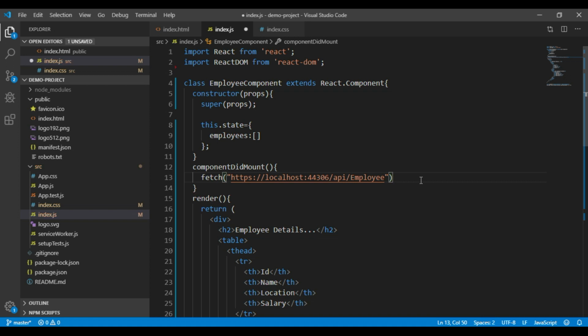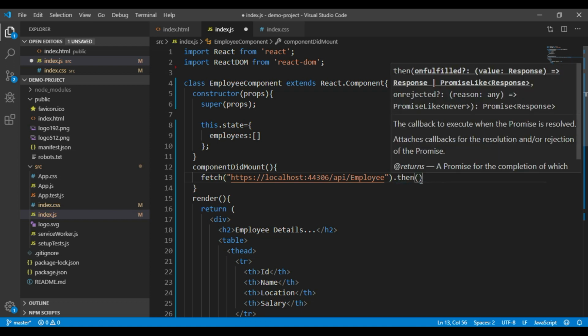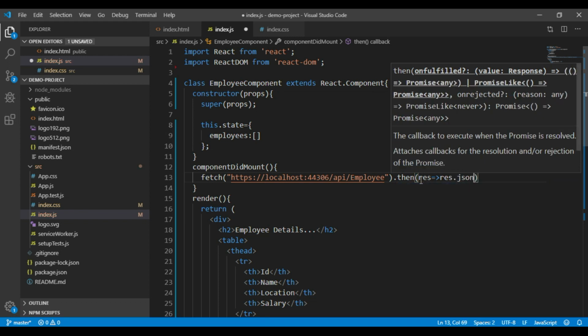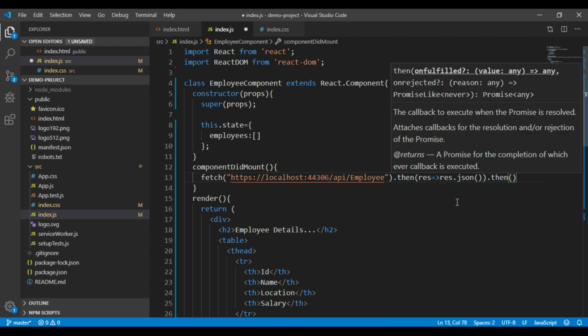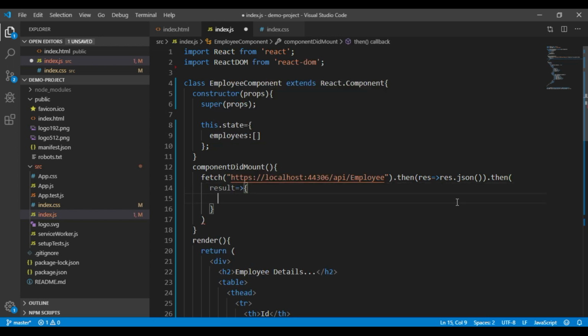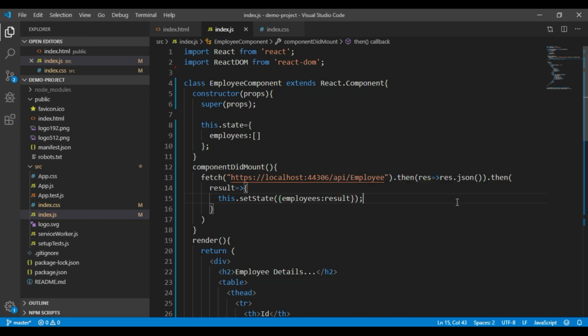The first one is converting the output into JSON. So we do that by calling the then method, and we write an arrow function where we say input goes to input.json(), and then we have to assign this output to our employees array, and we do that by writing another then method, and we will write another arrow function. Result goes to this.setState, and we assign this result to our employees array. Let's save these changes. Let us navigate to the browser,